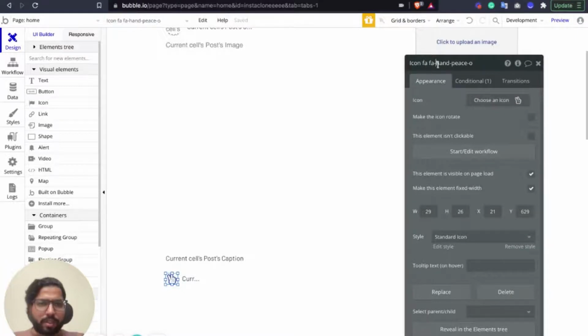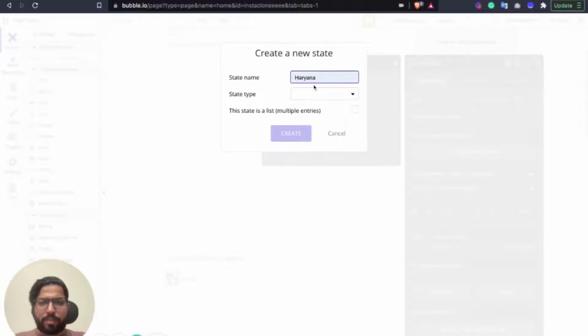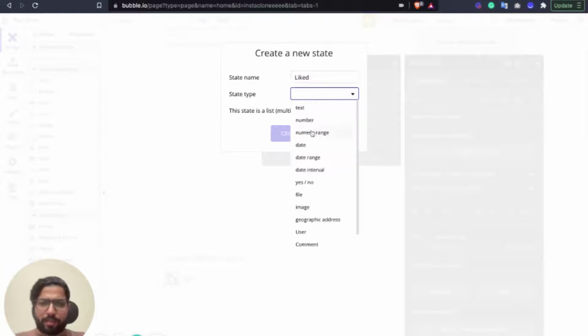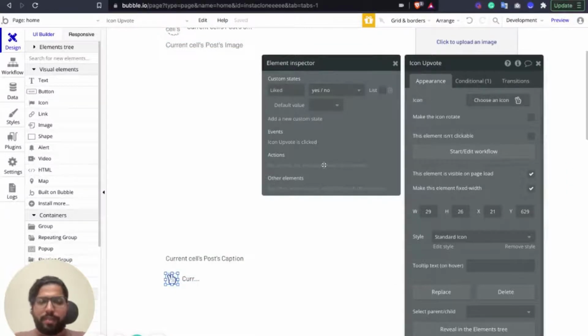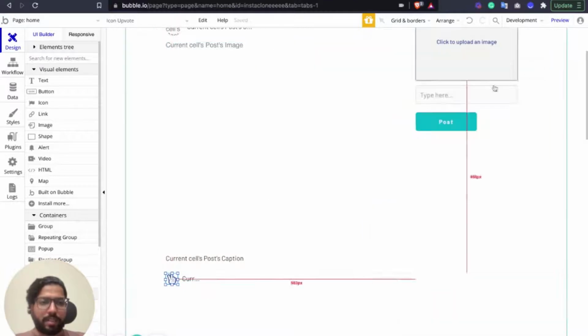First, let me also change its name to icon code, and a custom state of like, yes and no. We're going to change it every time someone likes it. When the current user likes it, it's going to change to yes, so that it will always know it's in a liked state, and whenever the user clicks on it again, it should unlike it and change it to no. By default, it's going to be no because you haven't liked it yet.